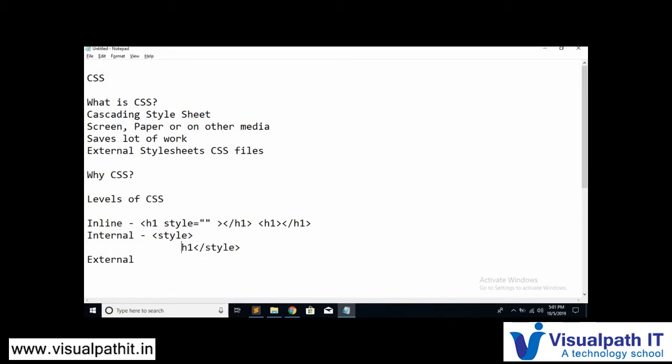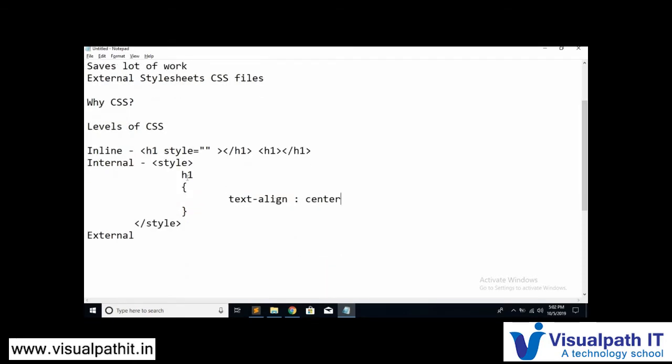Okay, let's take it like this. Inside the style tag, I'm going to give some styling for the h1 tag. In the curly braces, I'm going to write text-align, center. So now what I'm telling is that each and every h1 tag present in the web page should be aligned to center. It will not give this alignment to just any one of the h1 tags. Even if there are 10 h1 tags present in the web page, all 10 will be aligned to center.